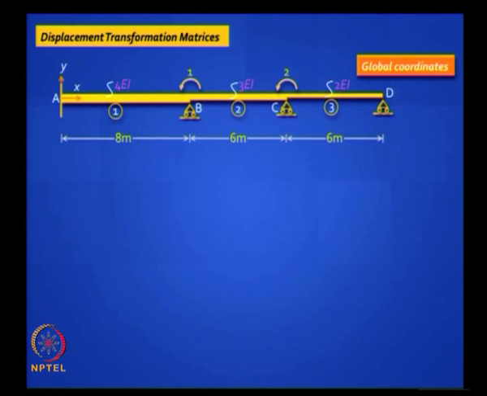Leave it in peace. Don't put a curled arrow there and give it a number, because we are not interested in that rotation. We don't want to know theta D, because we know the bending moment at D is, in this case, 50 kilonewton meter. We will bring all that later, but the first step is, if you want to work with reduced kinematic indeterminacy, don't include that as an active degree of freedom. But you have restrained degrees of freedom, 3, 4, 5, 6, 7 in the usual convention.